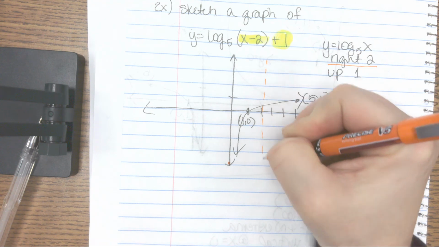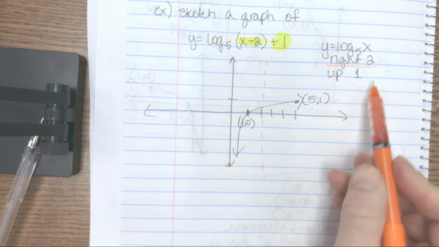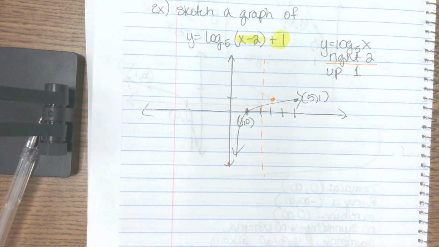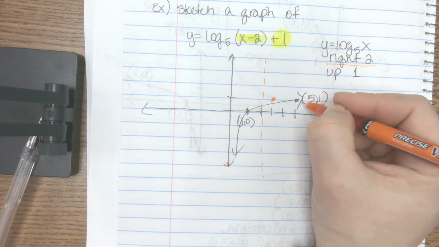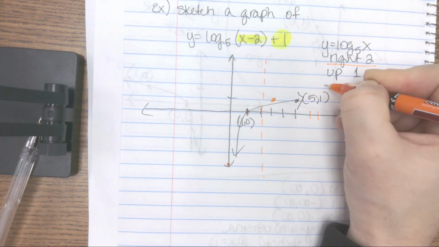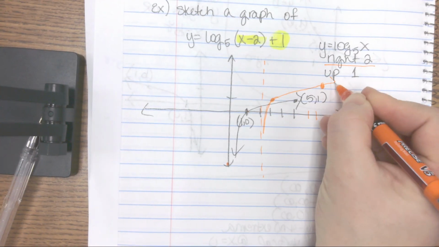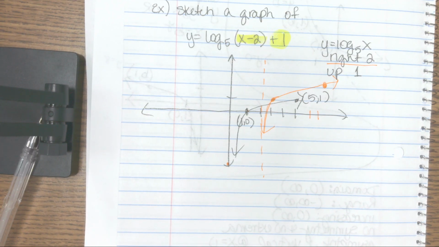Over. Okay, so let's draw our new asymptote. Let's move this point right 2 and up 1. So I go over 2, 1, 2, up 1. That point would move up to there. The point 5, 1, I move right 2, up 1. And I sketch my new curve. Okay, if you're unsure today as you're going through what transformation rules, because you forgot, I would be happy to